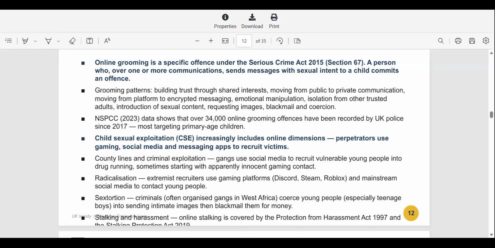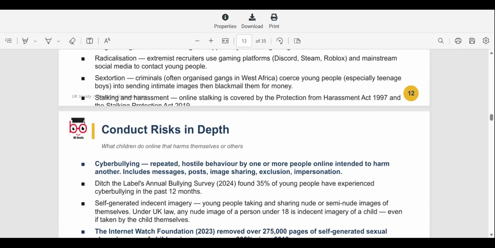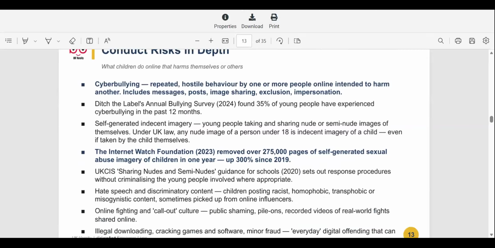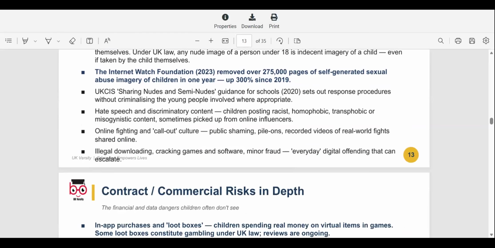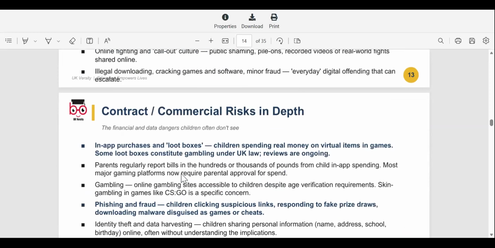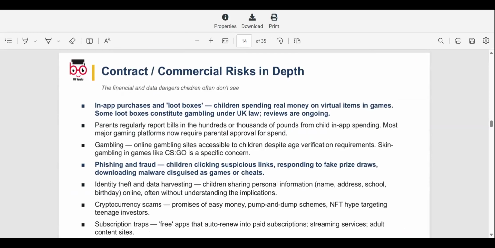County lines and exploitation is a big thing, like drug running and recruiting vulnerable young people, radicalization, sextortion, sexting, which is then explicit images and things like that. And stalking and harassment is another one, which is quite a big one. Conduct risk: cyberbullying, as we've spoken about, and self-generated indecent images. Again, you've got online hate, online fighting, hate speech. Then you've got contract and commercial risks, and debt. So gambling, it could be